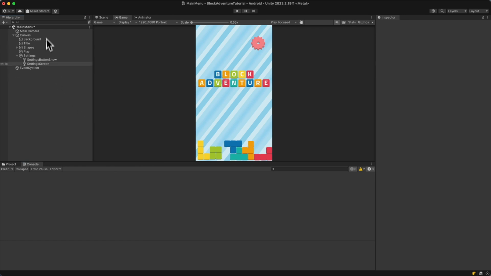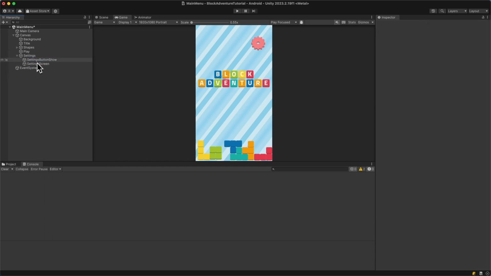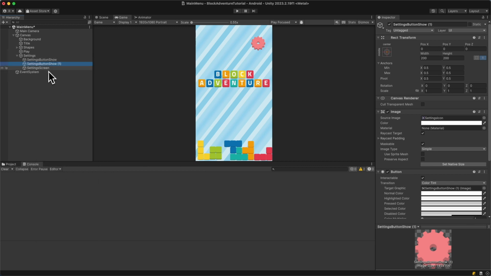And as I mentioned, we already have one button which we are actually calling the show. So now let's actually add another button. So right click on this button and then duplicate, and then settings button hide. I'm gonna rename it. Okay, so they are two of the same buttons which cover each other. They are in the same position and look exactly the same. We want to deactivate the hide button at the beginning,